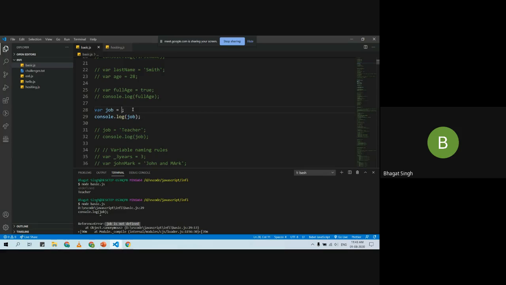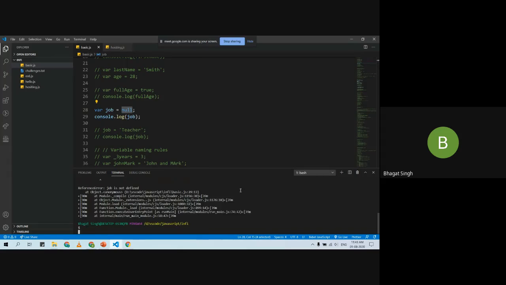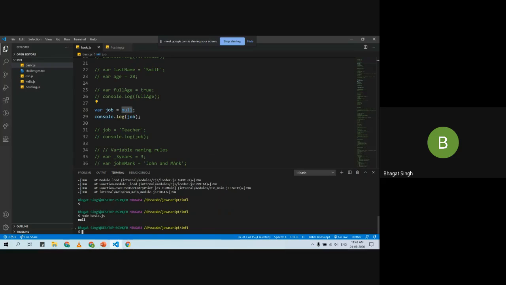But what I want it to be is null. It means that I want it to be a value, but that value should be nothing. We don't want 0, we don't want -1, or we don't even need an empty string. We just need a completely blank value. At the time null comes into play, it specifies nothing. Now if I do node basic, it gives me null. And this is the difference between null and our